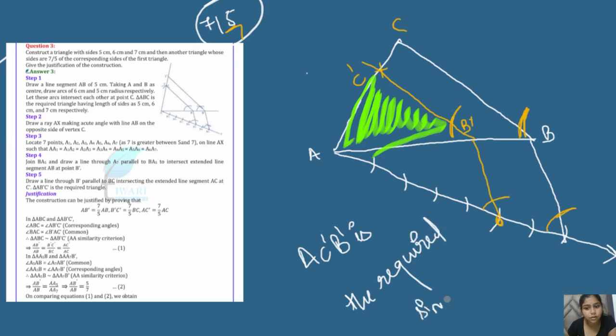I hope that's clear to you. This is very easy, very easy. Just draw the given sides of the required triangle, then draw the acute angle, then draw the greater ratio arcs. Join the last arc with the side, this vertex. Then draw the smaller one, and measure the angle, draw the parallel line, again measure the angle, draw the parallel line, and wherever they intersect, that will be your required triangle, right? I hope that's clear to you, how to draw the similar triangle.